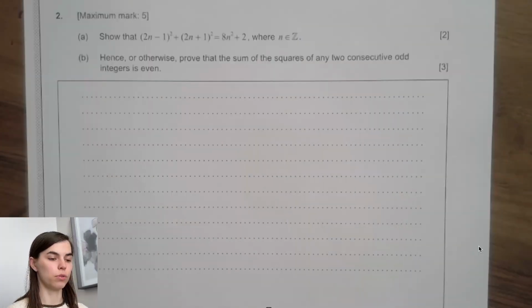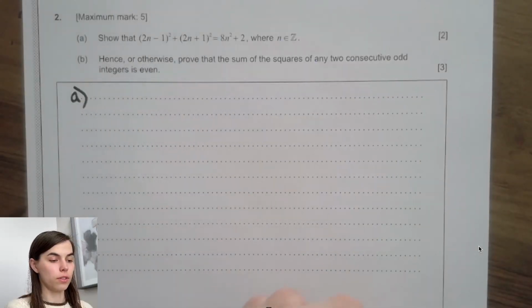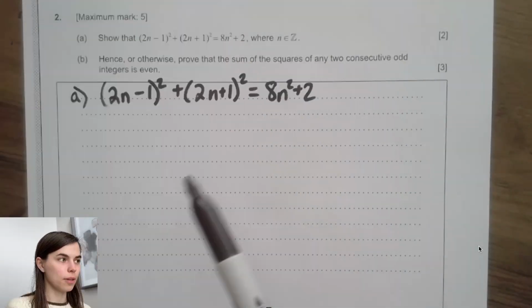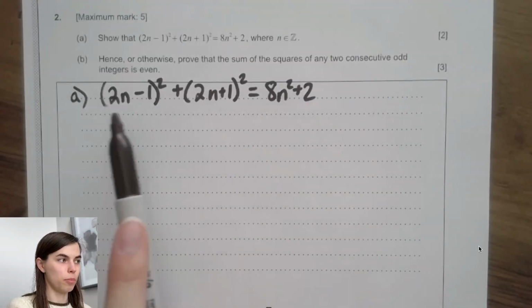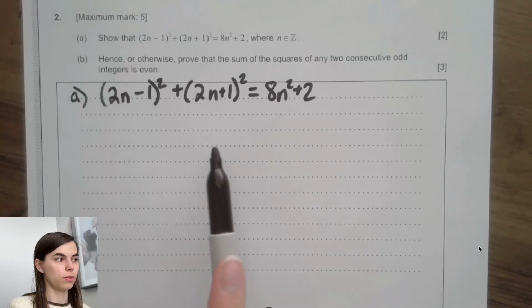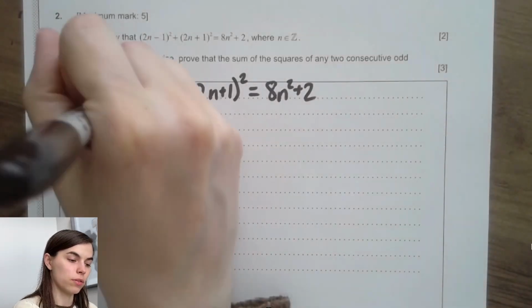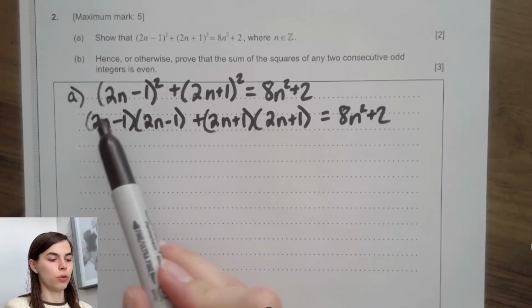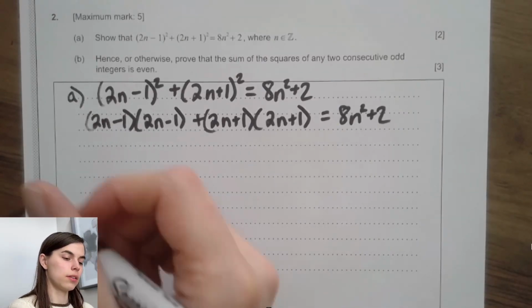Let's go on to number two. Part 2A: we are going to show that (2n minus 1) squared plus (2n plus 1) squared is equal to 8n squared plus 2. I'm just going to start on the left side here, and I want to multiply out these terms. I'm going to keep the right side the same and do all my work on the left side until we get the left side equal to the right side. We would get that when we expand it out. And now if we just distribute here, we should get,